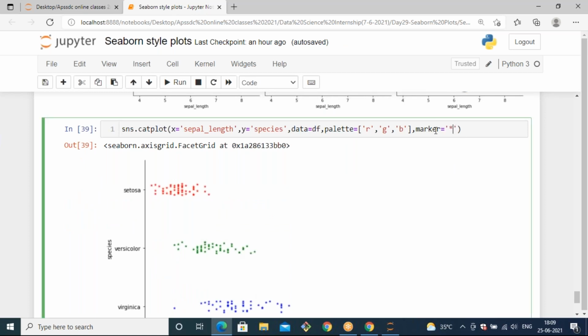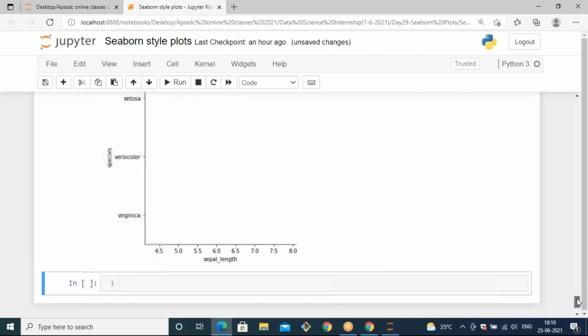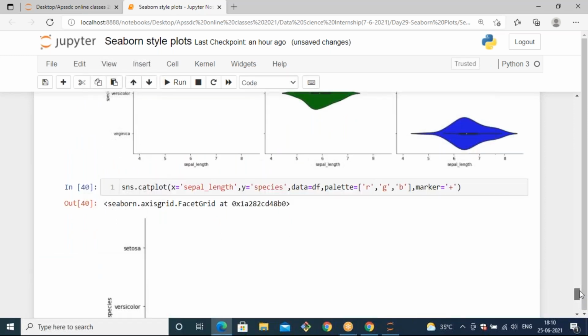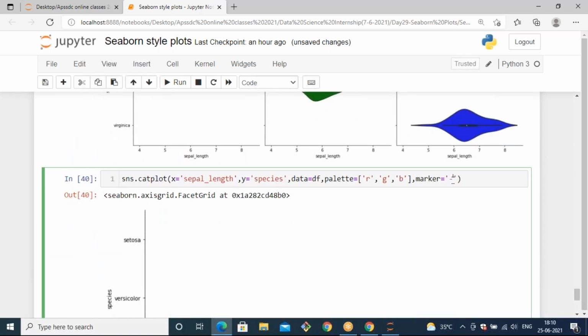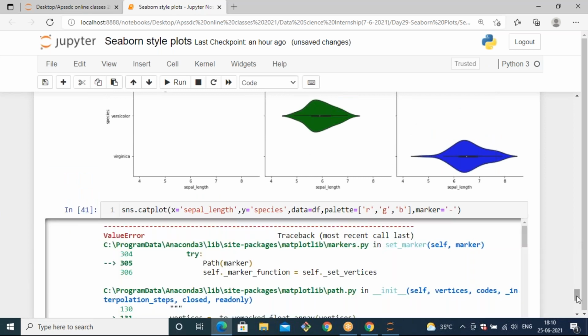If you want to know the supported arguments for these markers, you can just go through the documentation over here. If I pass plus, let's see if that marker is there. I think there. So there is no marker with the name plus. And if I use underscore, underscore also is not there. When you make an error, it will tell you the supported values, I think so.